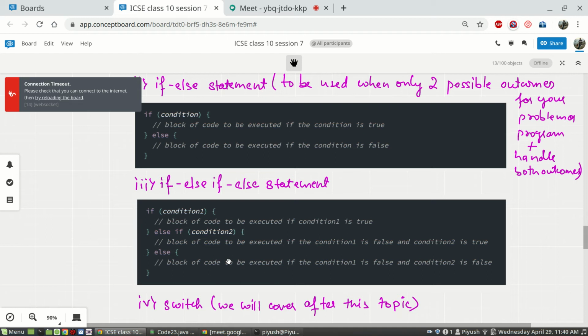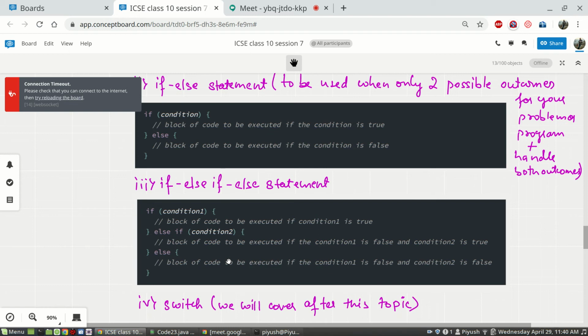Let's say there are 5 possible outcomes and we want to handle 3 cases. In any case, if you have to handle more than 2 cases, then you will go with this version.